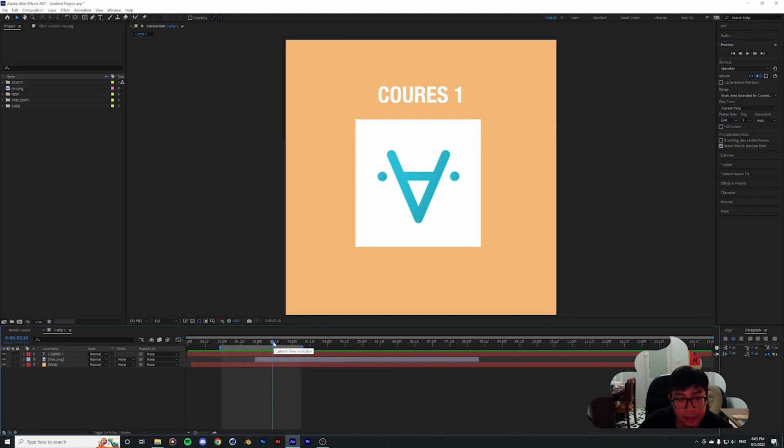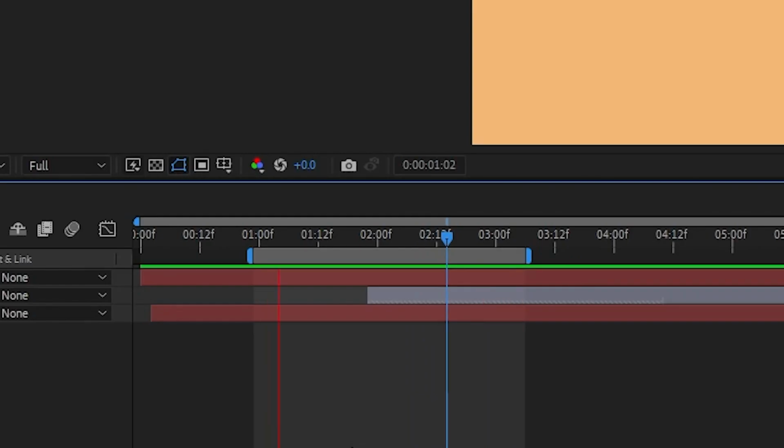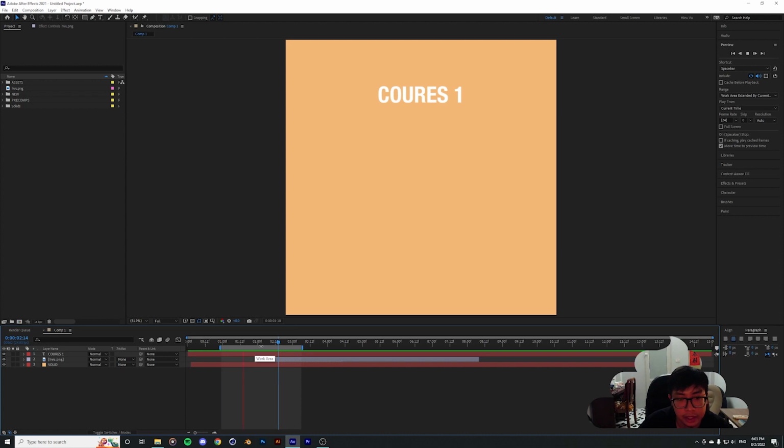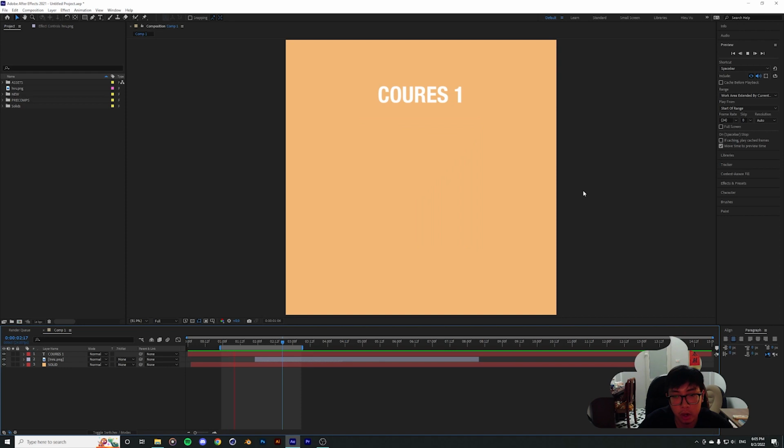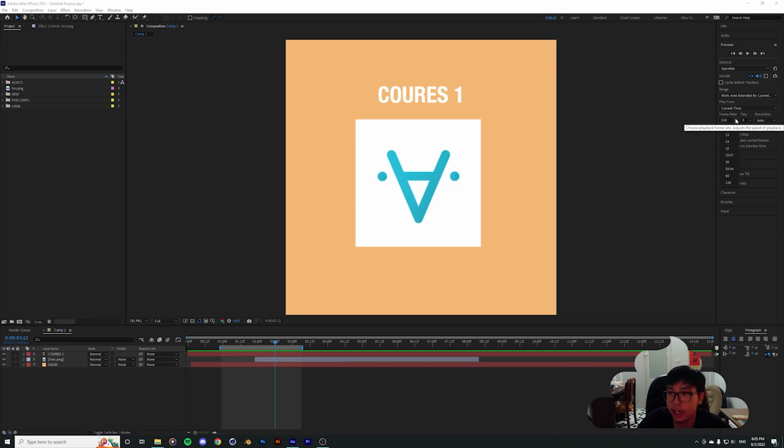So when you play back the animation, it's only going to preview the part that stays in the work area. The play from property is where you can choose whether you want to start from the current point where the time indicator is at, or the start of the range, which is the beginning of the work area. For the frame rate of the preview, I like to put it at the same as the composition, but you can switch over to whichever frame rate you want to preview it at,